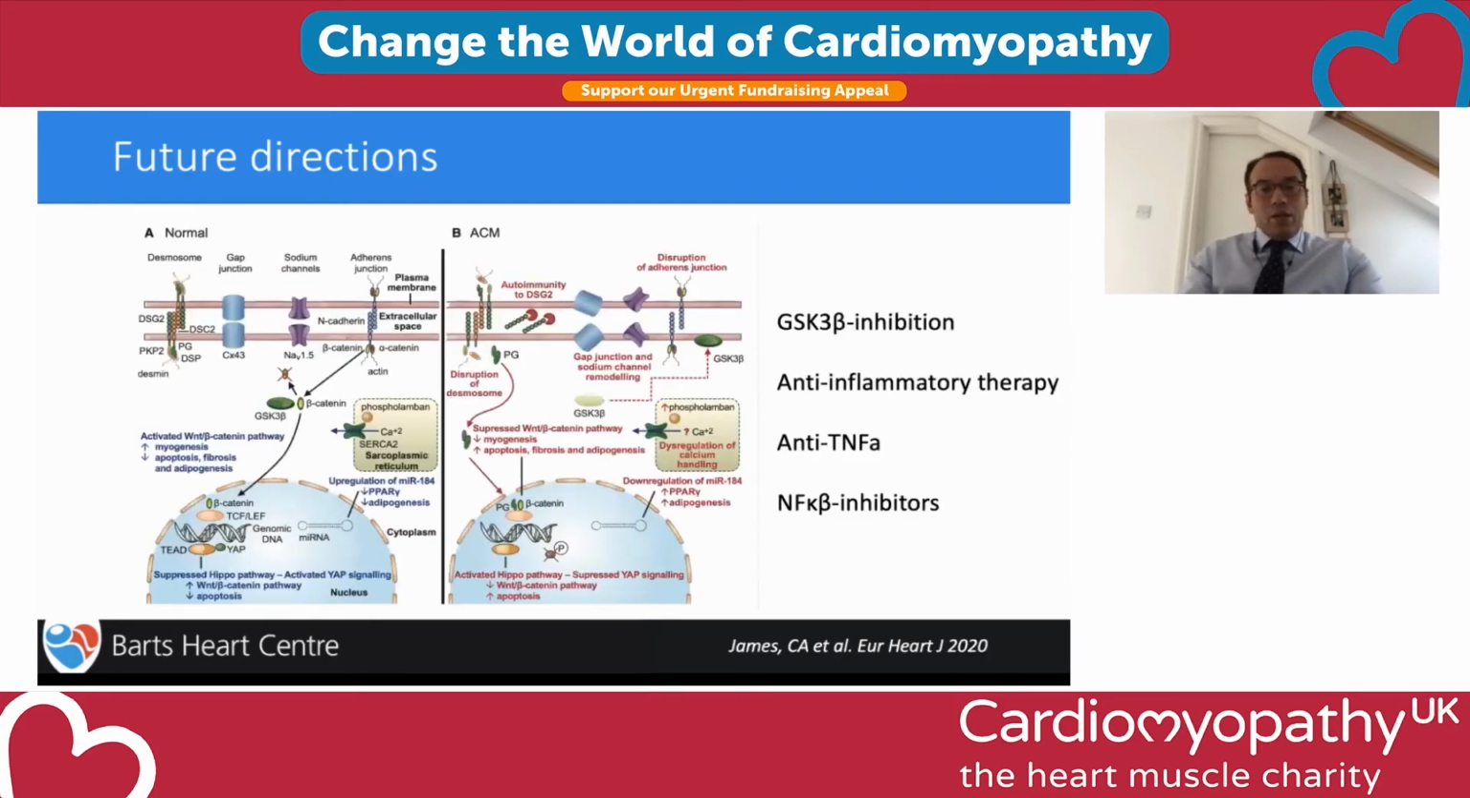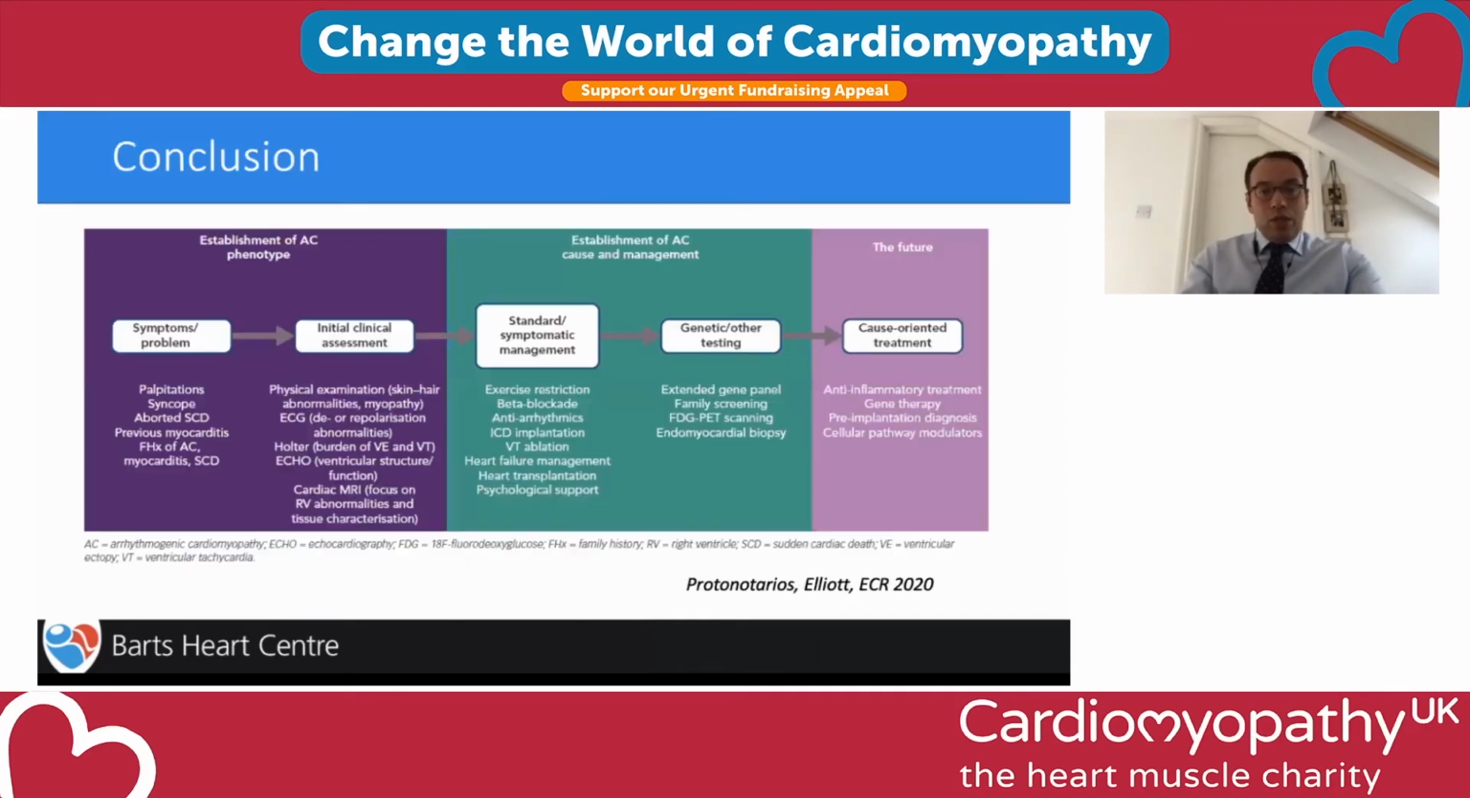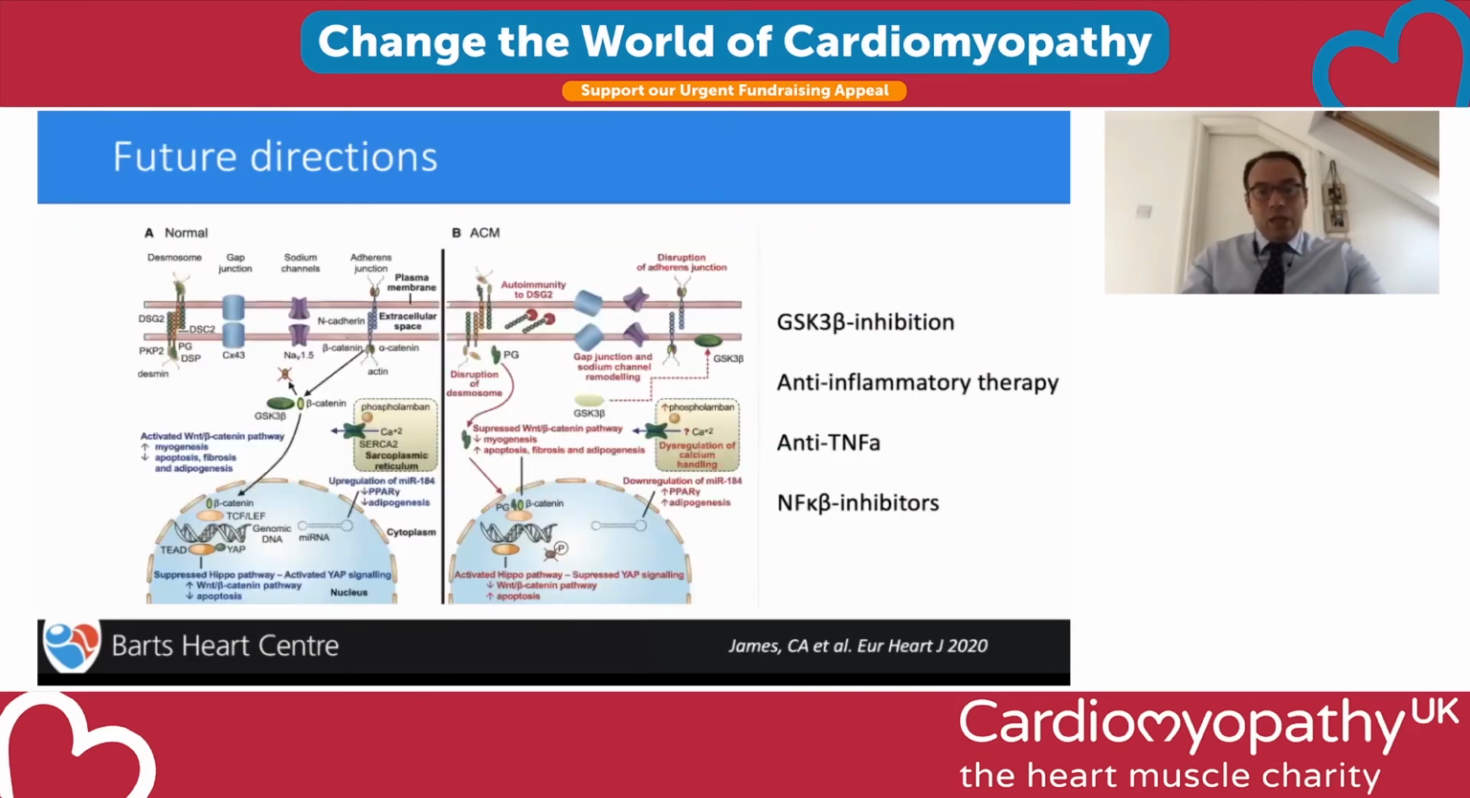And here's just very briefly the pathogenesis and the complex mechanisms involved in arrhythmogenic cardiomyopathy. But as you can see, this opens the window for quite a few targets, some such as the GSK3B inhibition, some anti-inflammatory therapy, anti-TNF and NF-kappa beta inhibitors, which we have shown to have a central role in the pathogenesis of ARVC. So it is likely that we're going to see a lot of new medication and